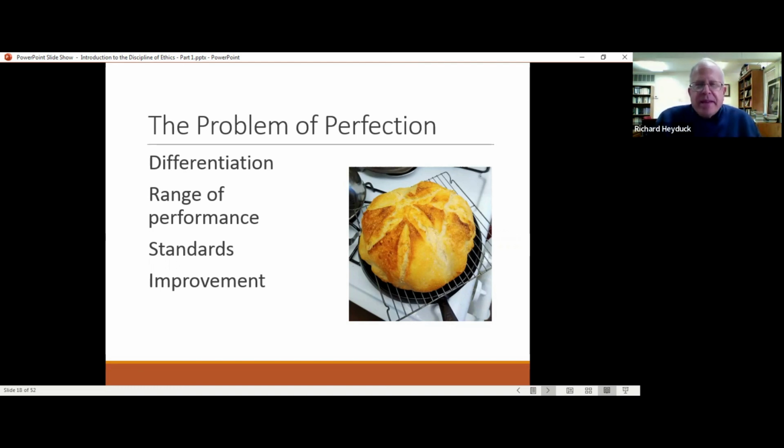And fourth, is sustained attention given to improving performance? It might be that only in certain settings and under certain conditions do standards develop and attention is given to improving a performance. Does morality meet any of these criteria? Your first